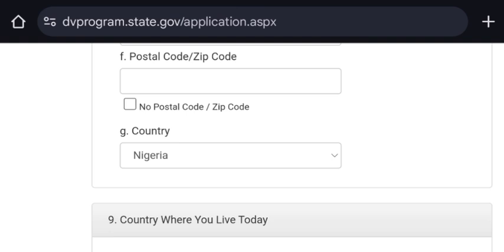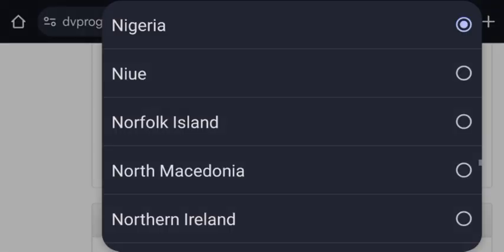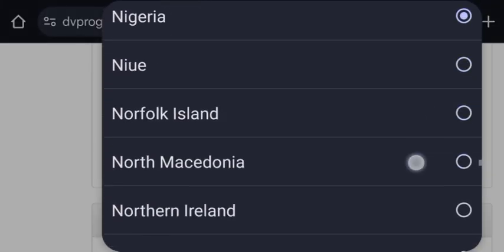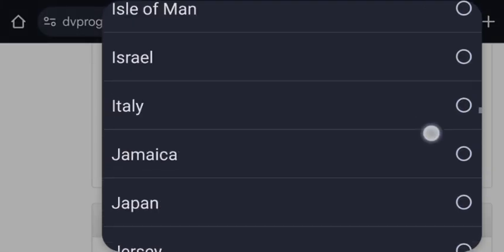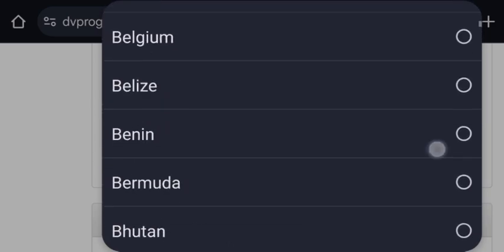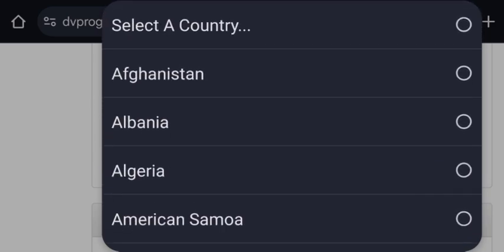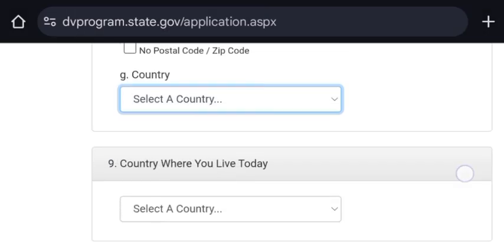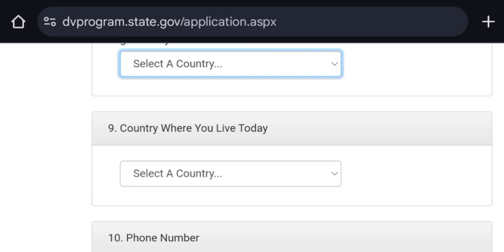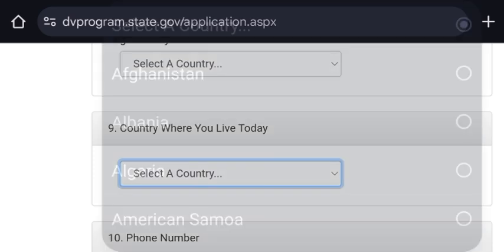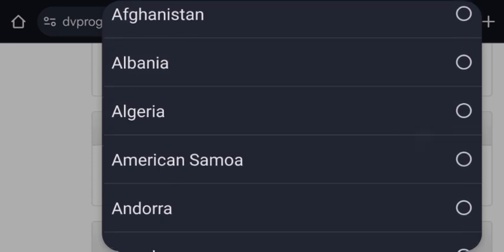Your country. You have to choose your country. Down arrow, you choose your country. All countries are there. Country where you live today. And so you select.